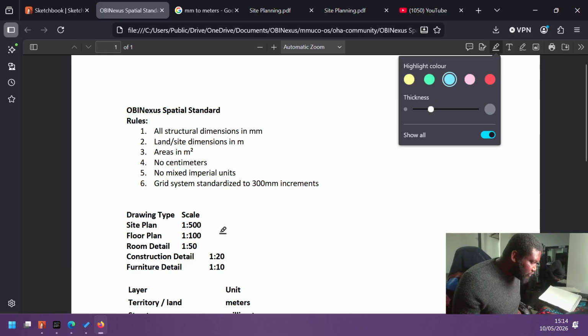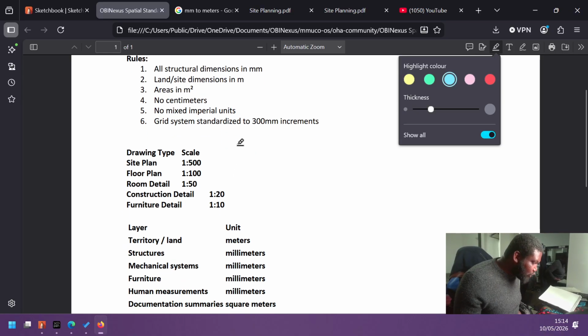1 millimeter is 100 in the real world. That'll be 100 meters. And area is in meter square. So this area is meter square. No centimeters. So I will write no meter increment. So this one, 300 millimeters increment. So without further ado,